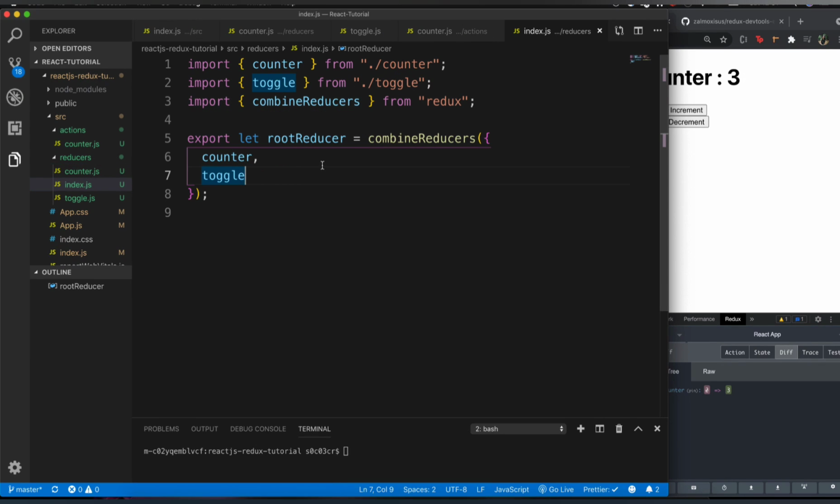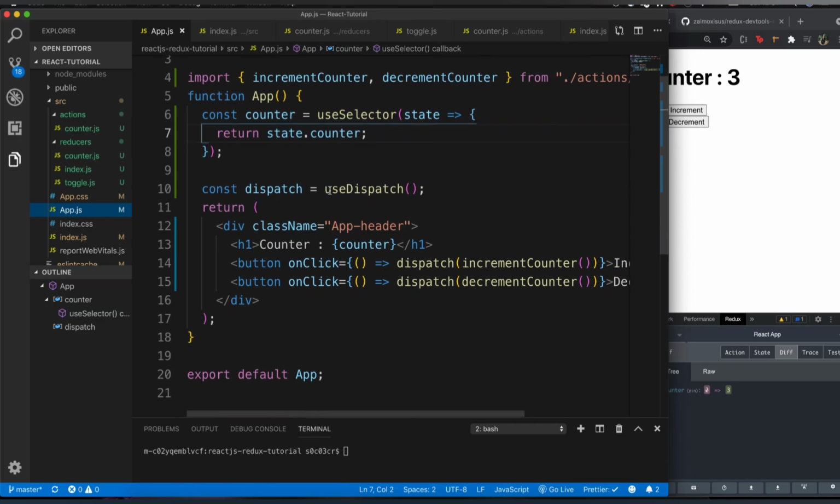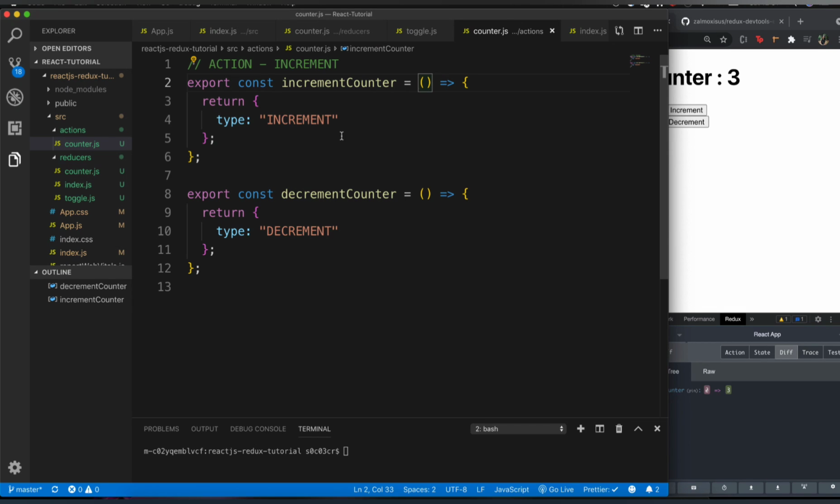Now before we close this video, I want to talk about the entire flow because it can be really confusing. We had to create so many things over here, right? So this is how the flow works. Inside of app.js, I have a button on which, when I click, I dispatch an action, and the action is called increment counter, right? So if I go to increment counter, it should take me over here.